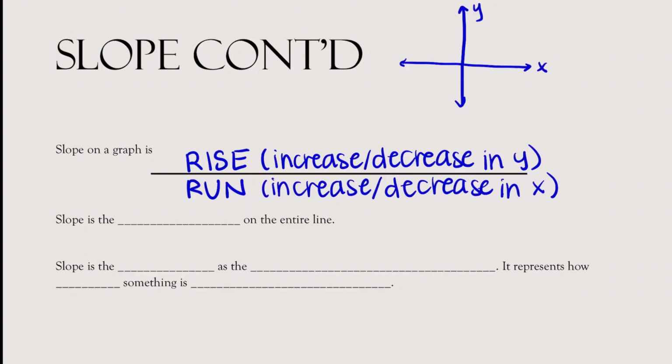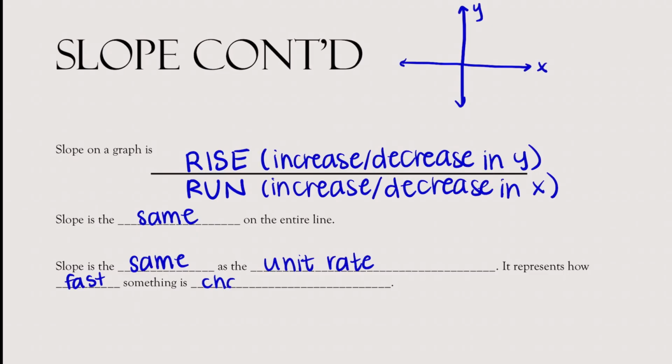Okay, slope is the same on the entire line, like we said before. And like we said before, slope is the same as the unit rate. And just a quick reminder, unit rate represents how much something changes on one variable when the other variable changes only by one. So if I was to buy pounds of potatoes, my independent variable would be pounds of potatoes. So for every 1 pound, it costs, I don't know, $2, right? That would be my unit rate. So it represents how fast